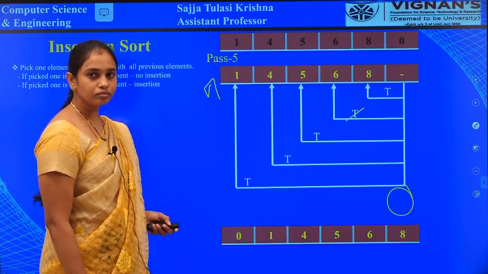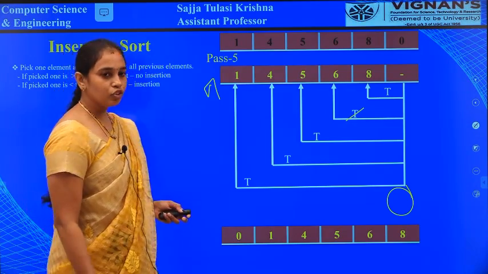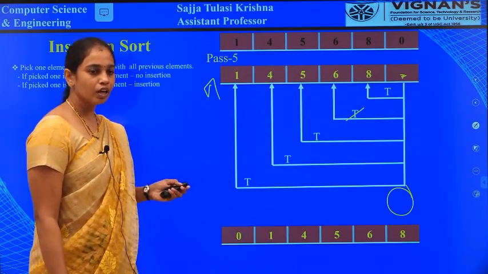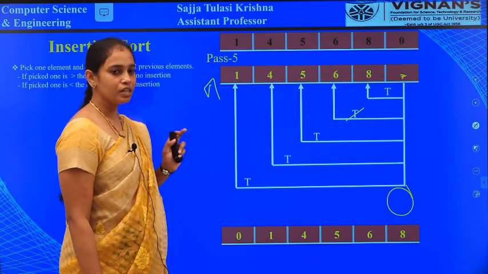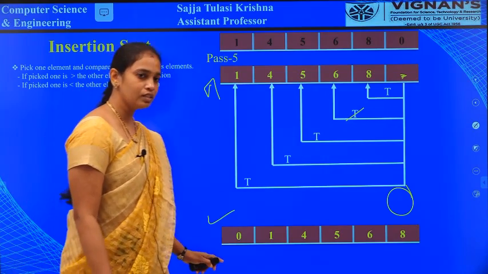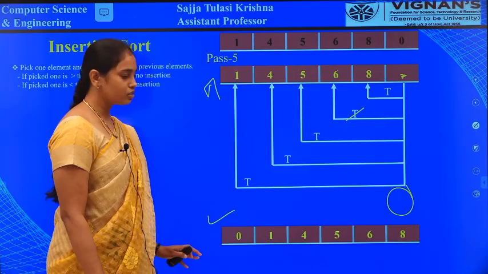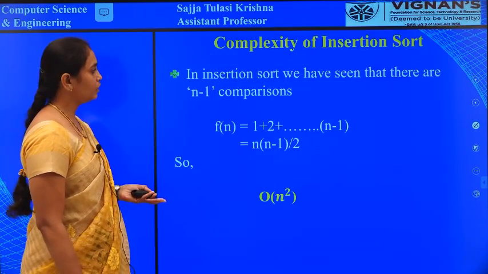See here. So now are any elements left to compare? This is the last element we compared. Okay. So is there any element to compare? No. All the elements are compared. So here, is the list sorted or not? Yes. The list is sorted here. So all the comparisons are done here.